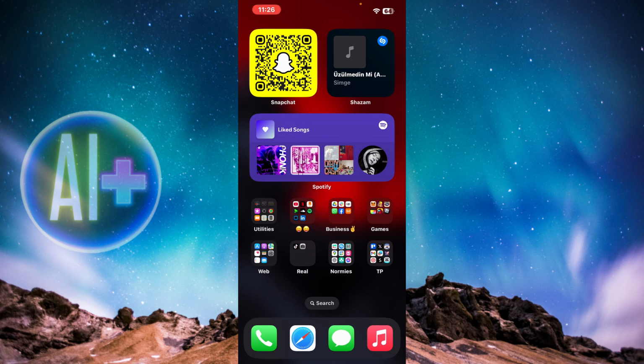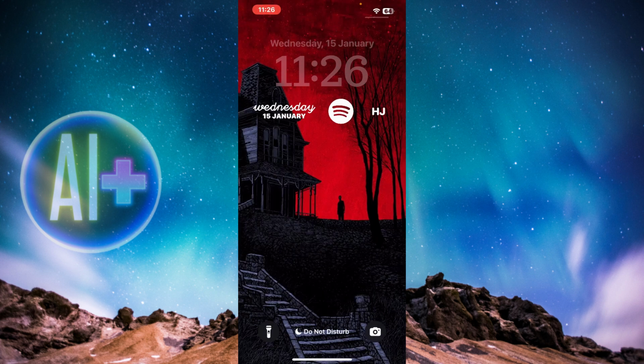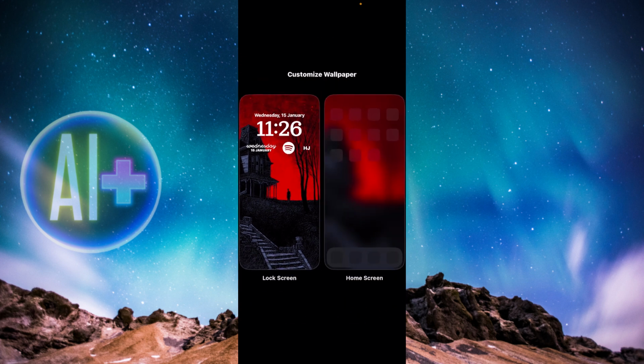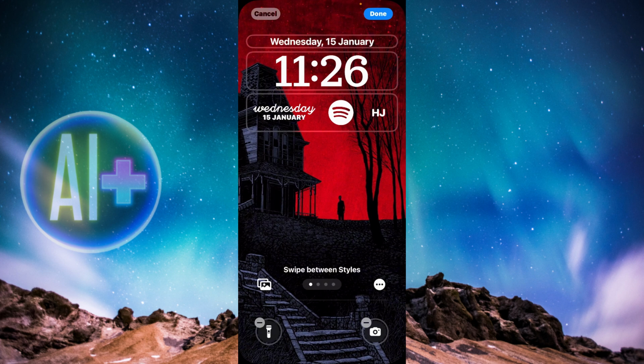So first, you just simply need to go to your lock screen or head over to your notification bar just like this. And here, as you can see, this is what my lock screen looks like. But let's say you're on your lock screen, you just simply need to tap and hold on your lock screen until you see the option of customize. So you just gotta go ahead and press on the option of customize,